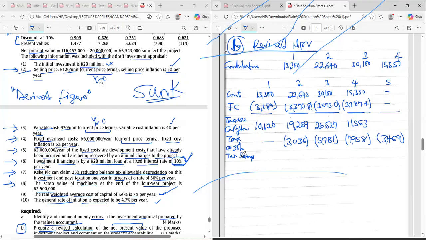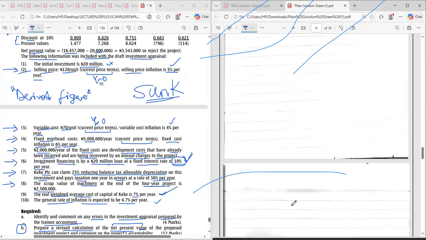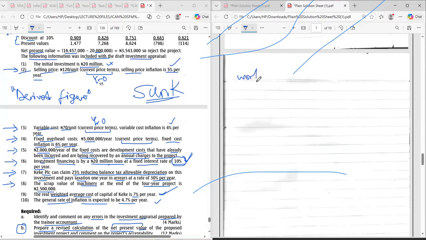So now let us do our tax savings and include it there. So how do we do our tax savings? Let's do our working here, please. Okay. Who was with me when I did the part 1? We did tax savings there. Who can guide me? Any professional in the house? Yes, abi? The cost, whatever name you are calling it. The capital allowance, abi? And what? The tax savings, abi? And the year due.